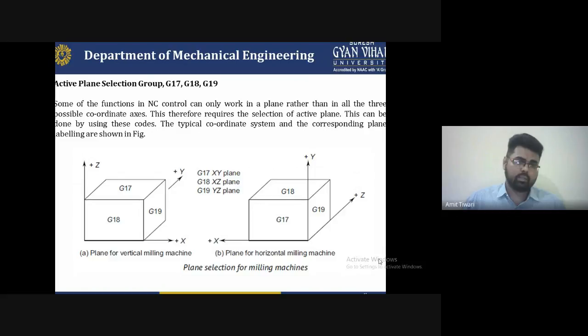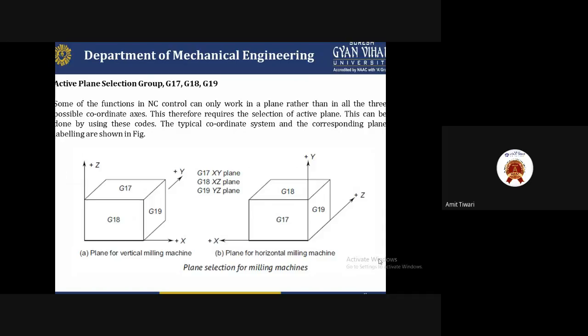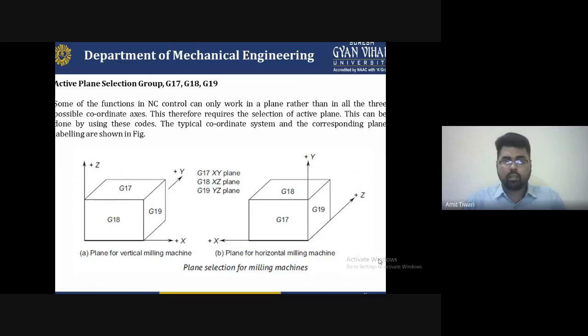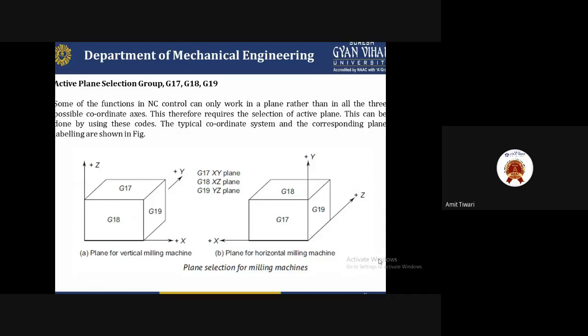There are no complications or difficulty. The plane for the vertical machine and horizontal machine is easy to understand and easy to use, but you have to mention which plane the G17, G18, and G19 codes are being used for. First of all, you have to mention this at the start of the machining, because the basic plane comes first. After it, you start the other operations and write the program, because the plane is the most important. First of all, you select the plane, and the selection of the plane is based on which direction you have to work.